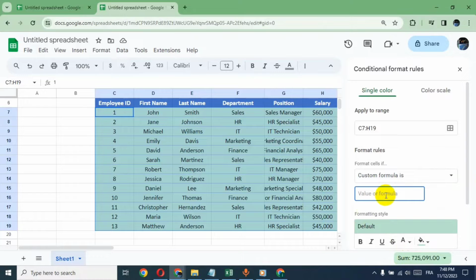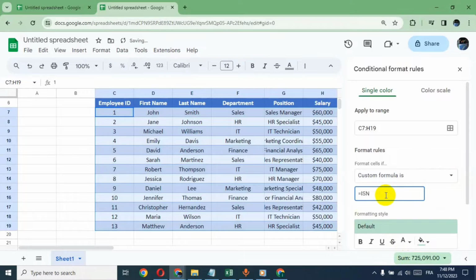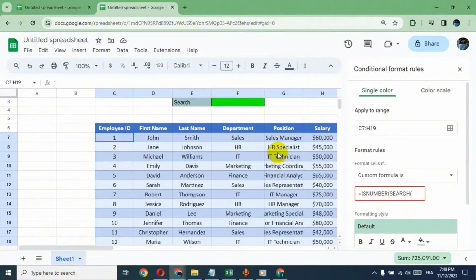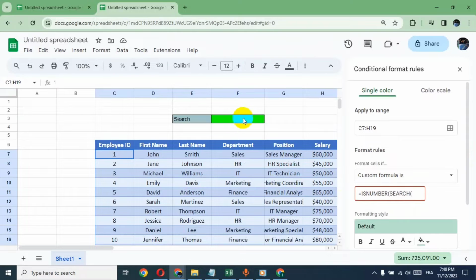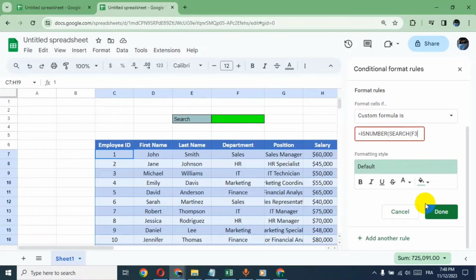And here type this formula: equal sign, ISNUMBER, parenthesis, and SEARCH, parenthesis again. So here I want to give it the name of the search box, where I want to type anything. So F3, F3, and add a dollar symbol here and another one here,